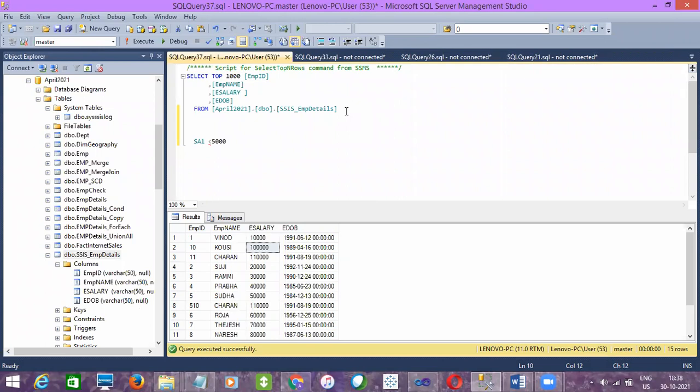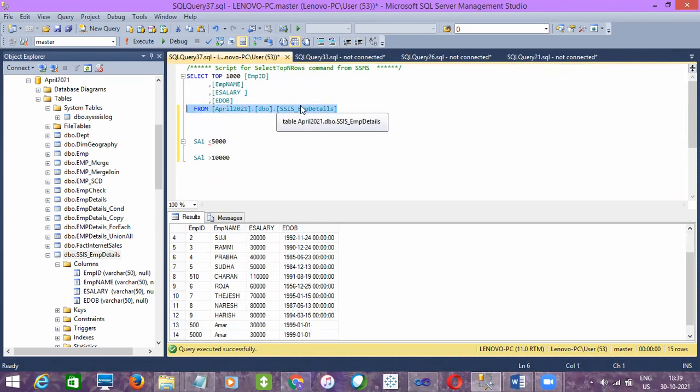I'll give one condition, and we have records less than 5,000, right? And I'll give one more condition as salary greater than, maybe, 10,000. These are the two conditions I'm going to give in the conditional split, and I'll take the source as the April 2021 database, and the table is SSIS EMP details, right?